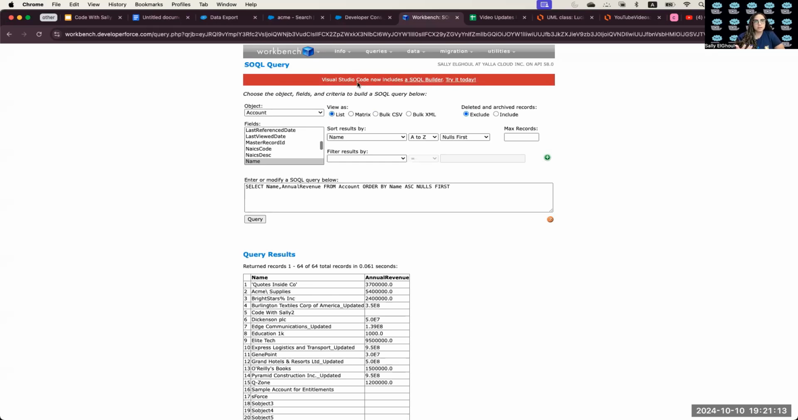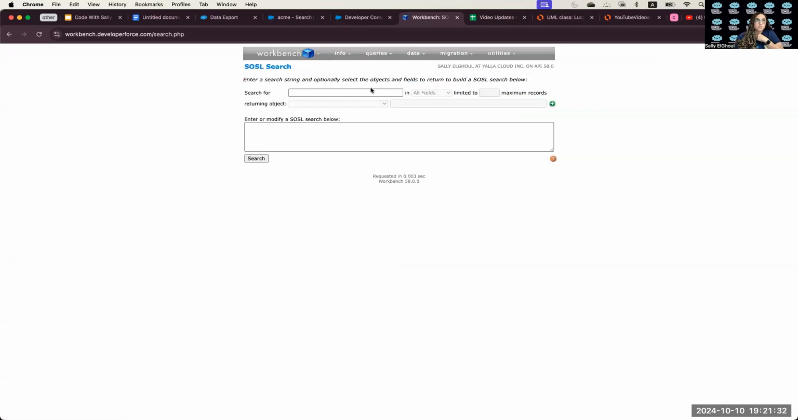But Salesforce is encouraging everyone now to use the SOQL Builder in the Visual Studio Code instead. So a lot of people are getting away from it, but it's a tool. Good to know that it's there. For the SOSL search, you go for queries and you click SOSL search here. And if you have your SOSL search query, you can paste it,